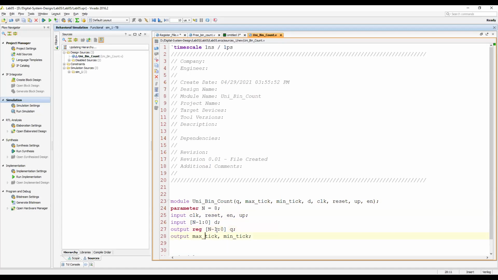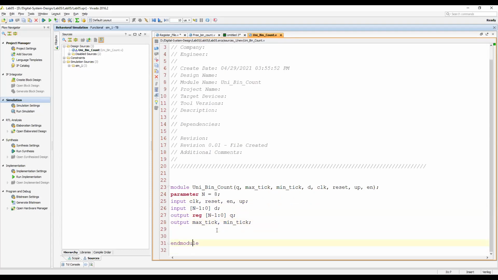Okay, so let's say we are doing this Q as a reg, because we're doing the always block, and this we will do inside the data flow model. So internal registers: you need two internal registers, and the size will be the same as the size of the counter, R reg and R next.